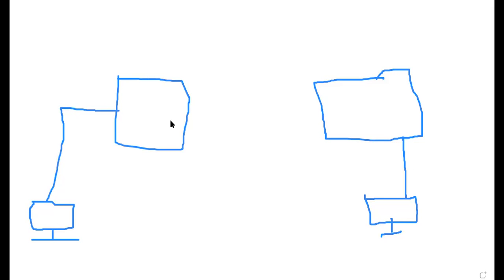Okay, let's say the port number, this is G1/0/1. This is G1/0/2. VLAN, let's say 10.